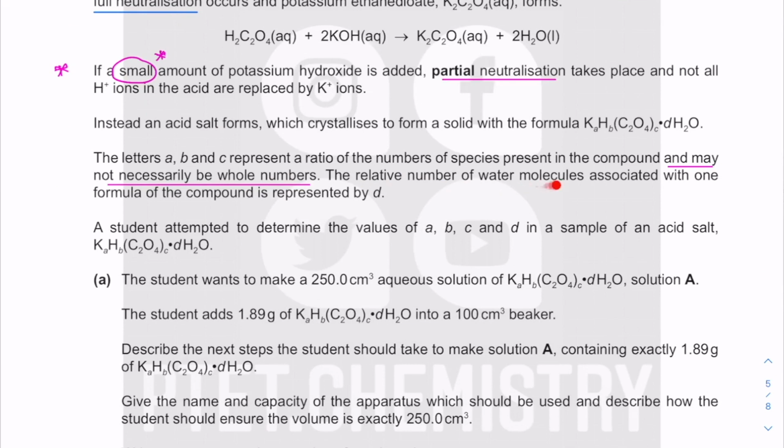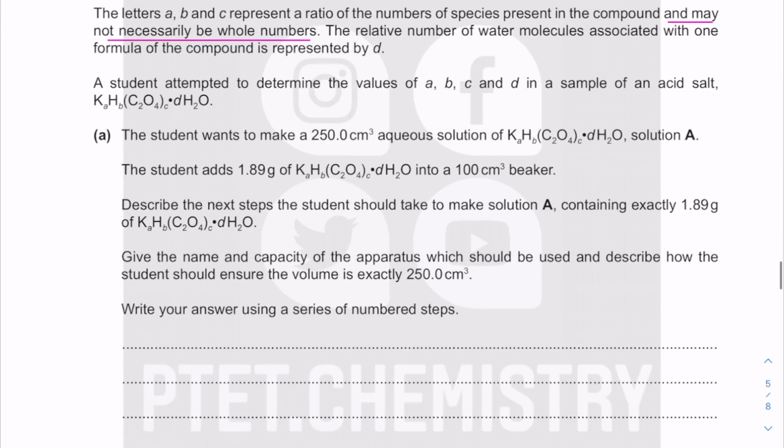The relative number of water molecules associated with one formula of the compound. So this whole thing is 1 mole. This whole thing is d mole. So 1 mole of this whole compound has d mole of H2O. So one formula of the compound has d mole of water. So the ratio of mole of water to the mole of these is d over 1. So a student, presumably you, attempted to determine the values of A, B, C, and D in a sample